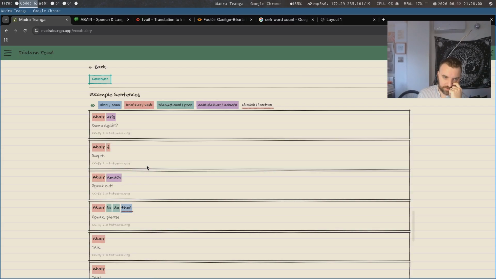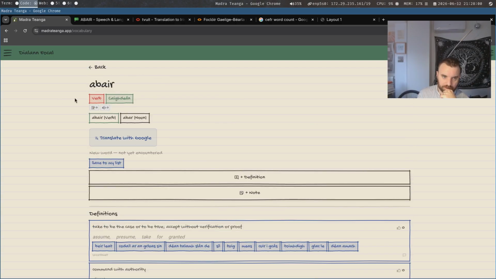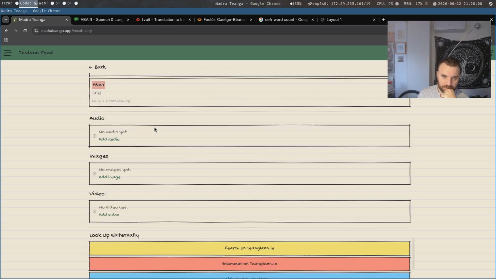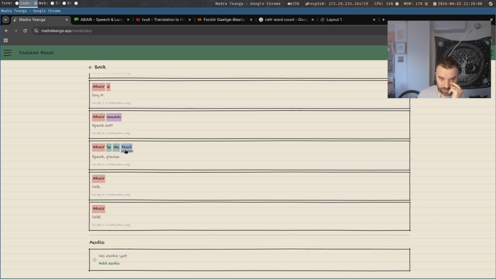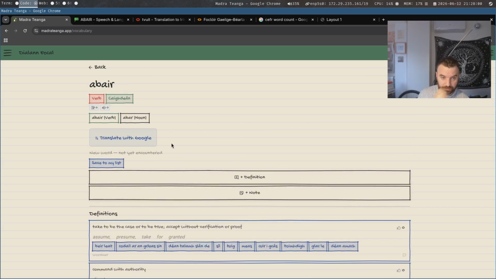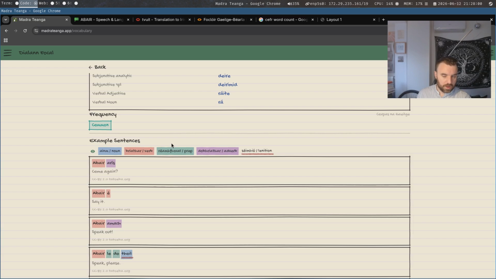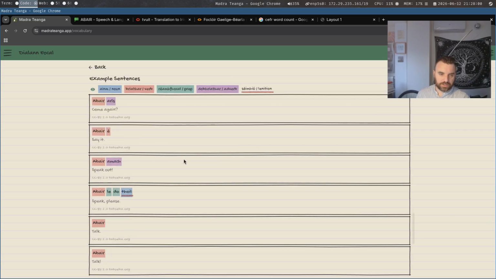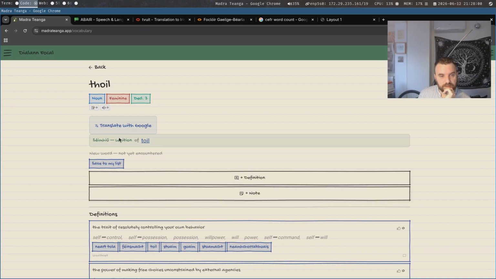And this is another system we have in the app where, see at the top, we have what type of word it is, and then if it was mutated, we would have up here what form of word it's mutated from. Mutated being basically that it changes based on context. So this thing here shows this, and if a word is new to you, you'll see a little new star beside it. And this one says it's the elimination of toil.